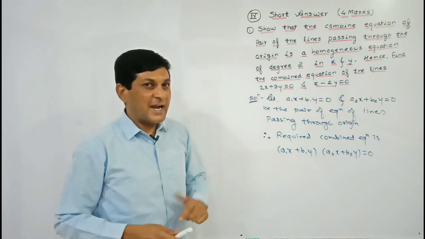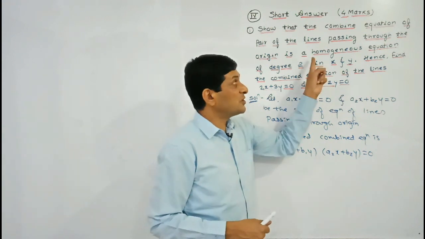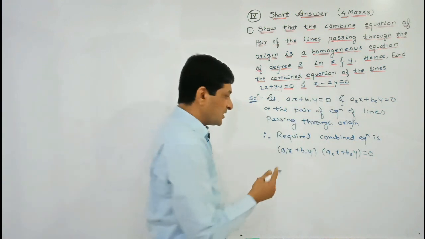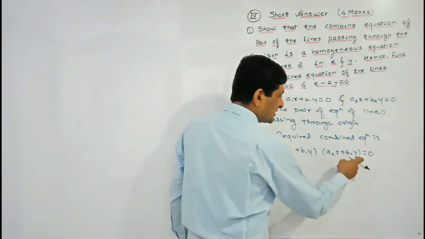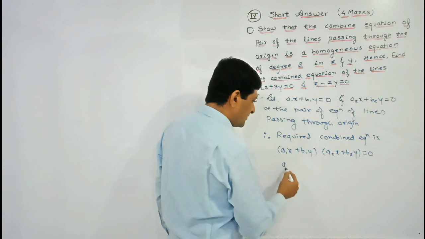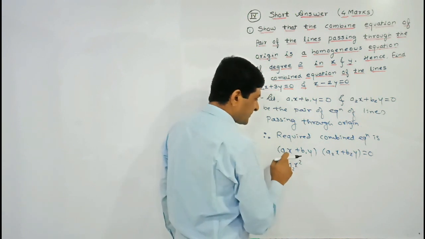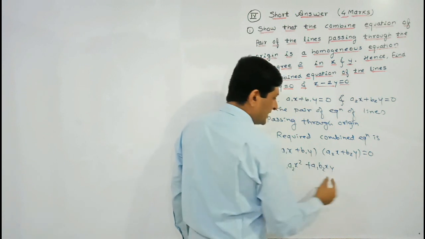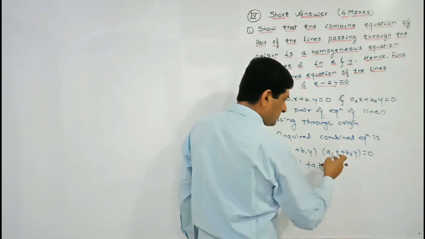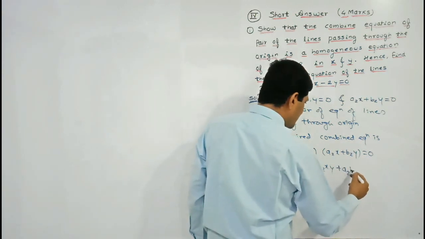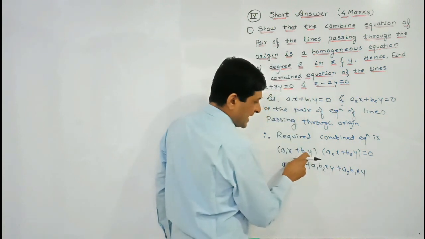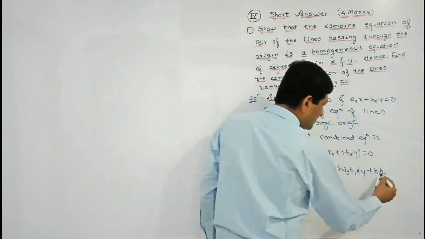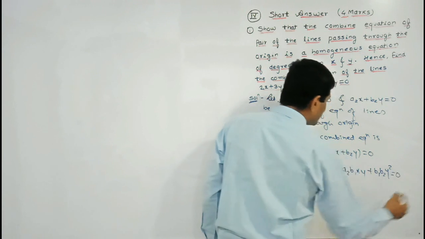Now let us simplify it, and we have to check whether this combined equation is a homogeneous equation of degree 2 in x and y or not. So let us take the multiplication of these two equations. First I am multiplying by a1x to both the terms in this bracket. a1x into a2x will be a1 a2 x square. a1x into b2y will be a1 b2 xy. Now I am multiplying by b1y to both the terms. b1y into a2x will be a2 b1 xy. Lastly, I am multiplying by b1y to the last term b2y. So b1 into b2 and y into y will become what? y square. On the right hand side 0, keep it as it is.